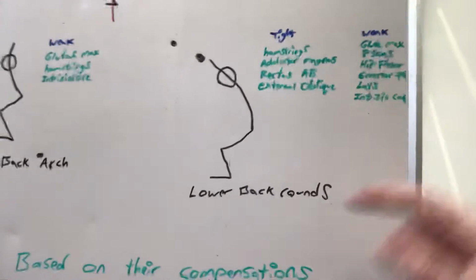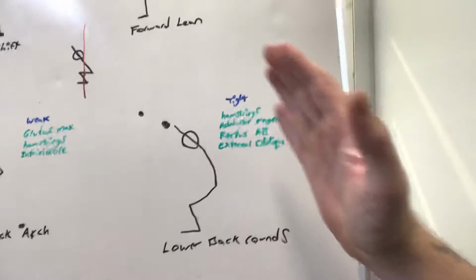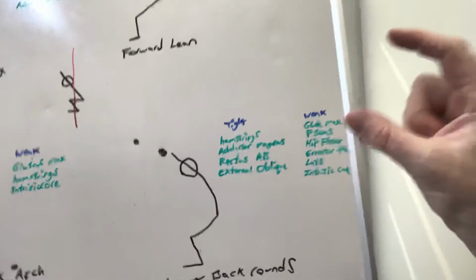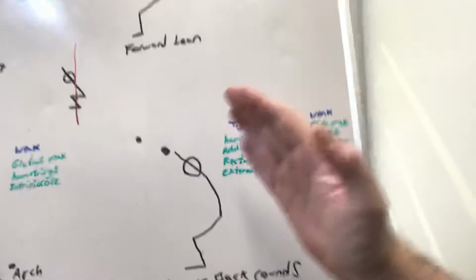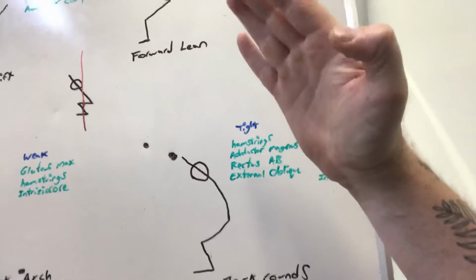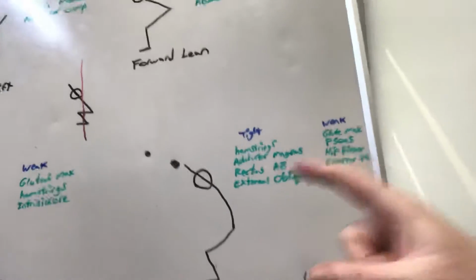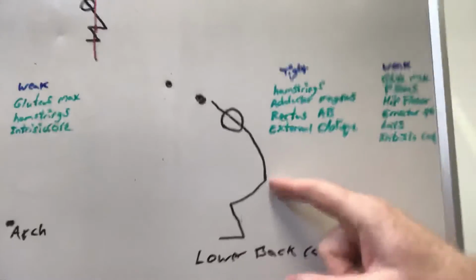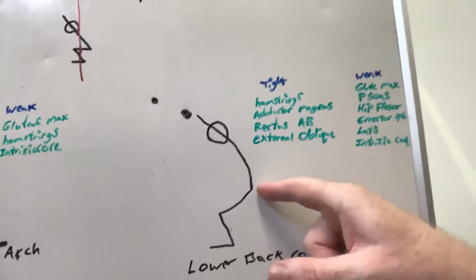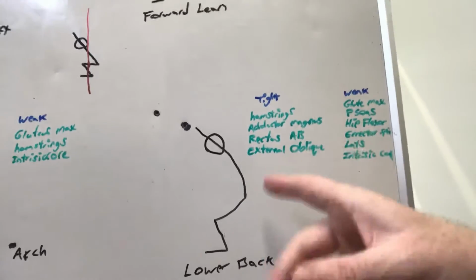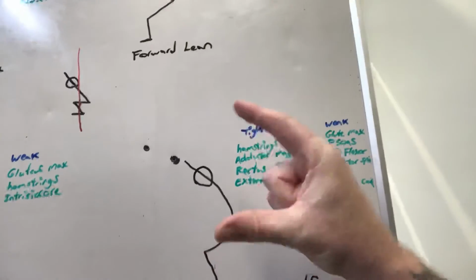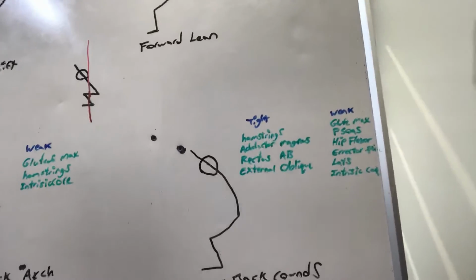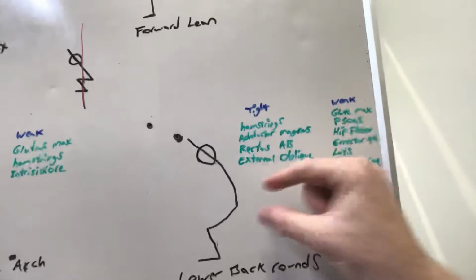Over here we've got the lower back rounds. So this one I've seen a lot in older populations. As they become more inactive and tend to get more of a curve through their spine from inactivity, they're more likely to keep that rounded back when they try to squat. And as you see here, they're not getting that flexion through their hips. And as you know, with a squat, you need that flexion to be happening. Otherwise, that weight is going to be finding the path of least resistance somewhere else, and we really want to